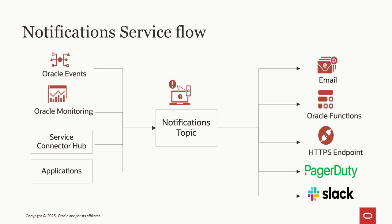Okay. Now, the view of the notification service flow: from the left-hand side, you can create topics on which you want to notify, and depending upon the topic, whether it's a P1 topic or just an FYI topic, you can notify based on the channels I talked about, like Slack or PagerDuty. If a critical service is down, that's a P1 for most customers, right? You want to get notified on a pager so that you alert the people who are monitoring it. And I'm going to talk about the monitoring side of the fence so that you can be very proactive